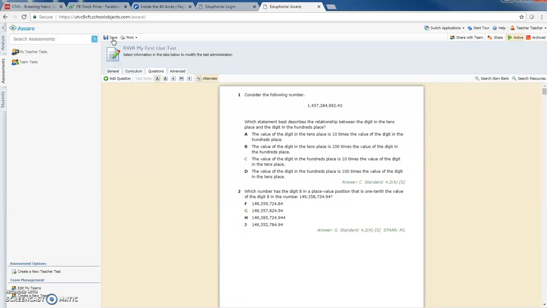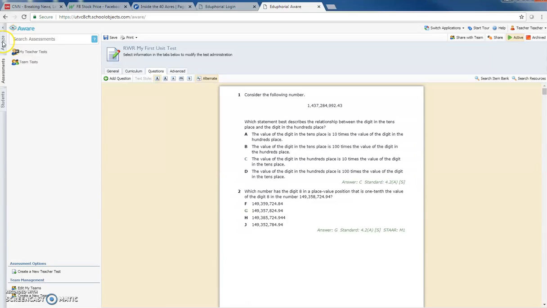And from here, there are several things we can do. If I am part of a team working with other teachers to build a test, I can share with that team right now. If I'm sharing it to a campus or district admin for them to sign the test, I can click on the Share option. But for now, we're going to leave this as the teacher test. We made the test active and saved it, and then as a teacher to administer this test, I need